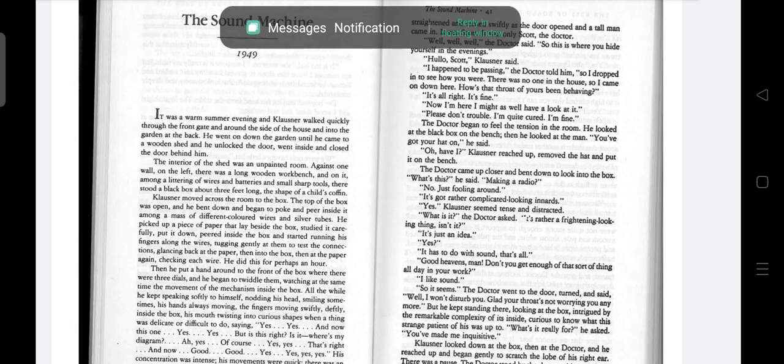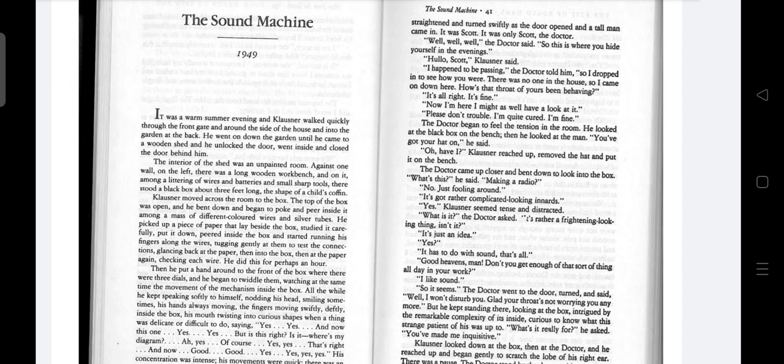He picked up a piece of paper that lay beside the box, studied it carefully, put it down, peered inside the box, and started running his fingers along the wires, tugging gently at them to test the connections, glancing back at the paper, then into the box, then at the paper again, checking each wire. He did this for perhaps an hour.